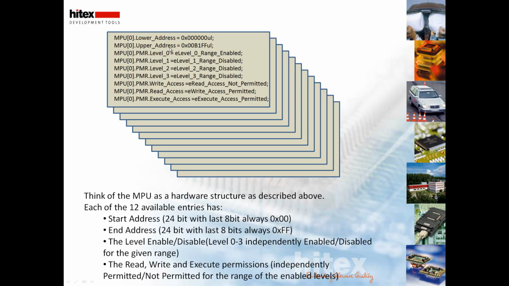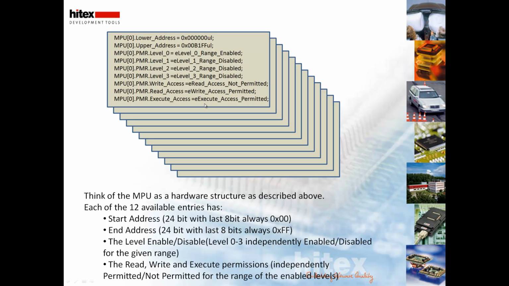So effectively you can specify a range of memory which is to be protected under the memory protection unit. In this case on the presentation you can see that I have a lower address specified as 0x00000 all the way through to an upper address of 0x00B1FF. And this memory range which we have selected here we can protect for read accesses, write accesses and execute